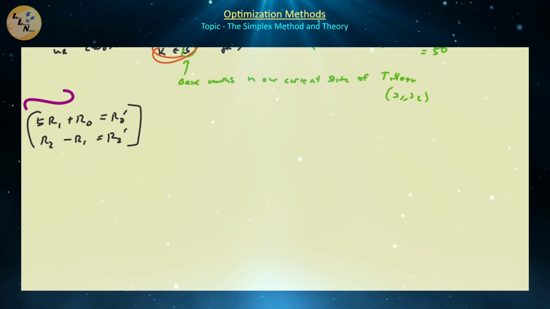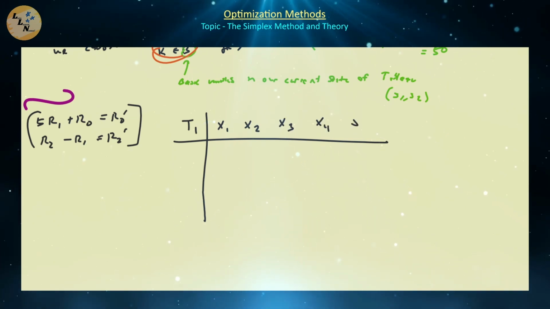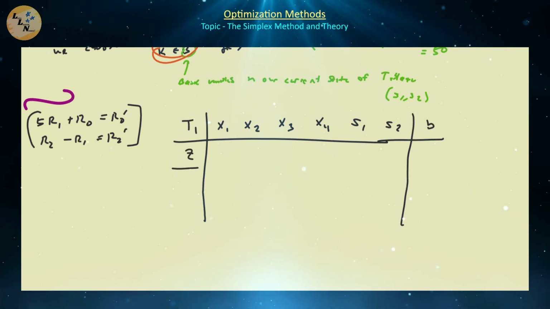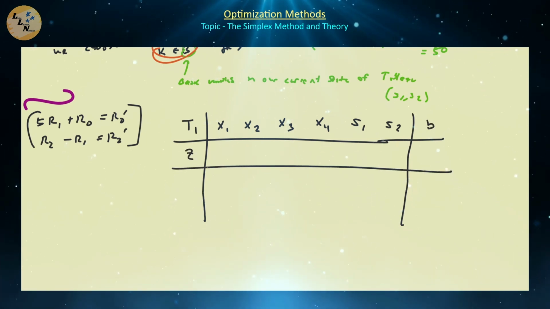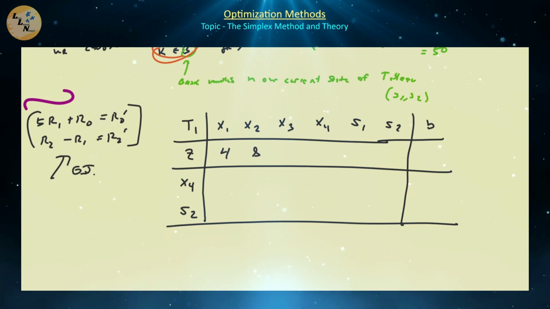So once we have that, we have the result of the first iteration of the simplex method, which I'm going to call the T1 tableau. T1 again is going to have x1, x2, x3, x4, s1, s2, and finally b. And then we have z. Remember we had x4 enter and s1 depart, so we're going to have x4 and s2 there. Once you actually work through this Gauss-Jordan elimination process, you should get 4, 8, 4, 0, 5, 0, and